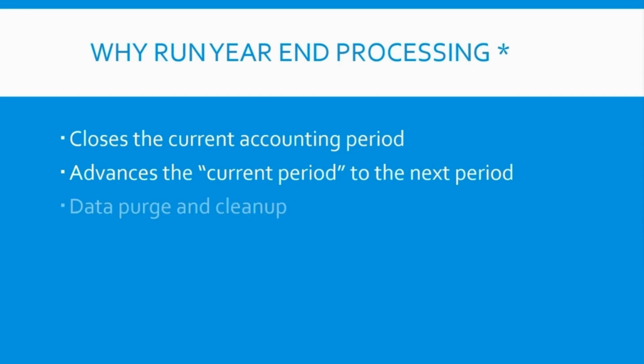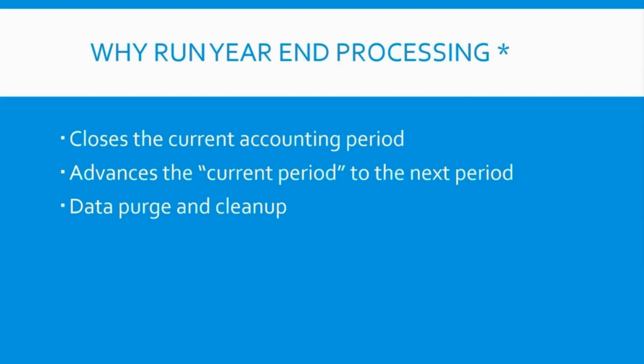And then the last thing is it does some data purge and cleanup. There are history retention settings in all of the modules: number of years to retain sales history, number of years to retain general ledger history. That's all defined in the setup options for each of the modules. So as part of the year-end process, it looks at those history retention settings and automatically does some cleanup. And the reason that's important is